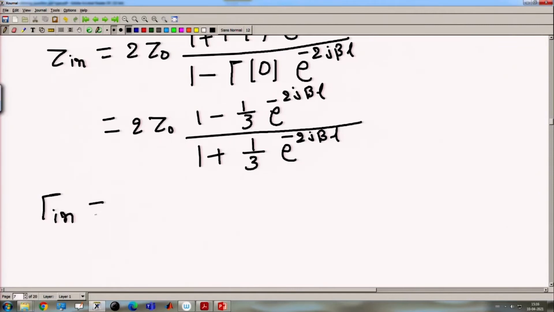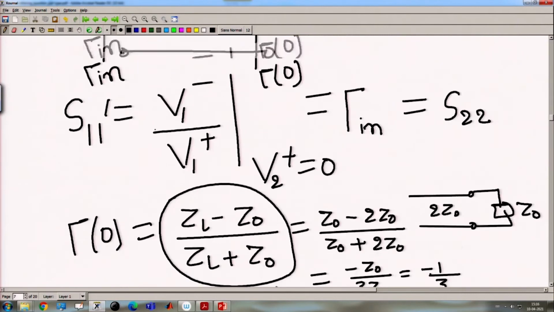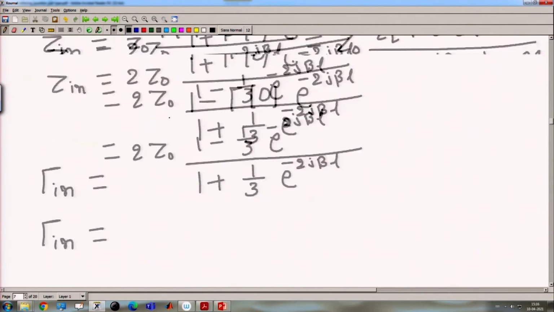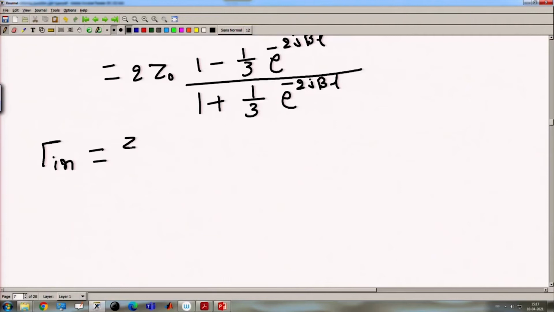Gamma in, as we are seeing from this port, will be Z in minus Z naught divided by Z in plus Z naught. Now we can substitute the Z in value from here. So Z in can be substituted, 2 Z naught, Z naught will cancel out, and in the first part it will come 2